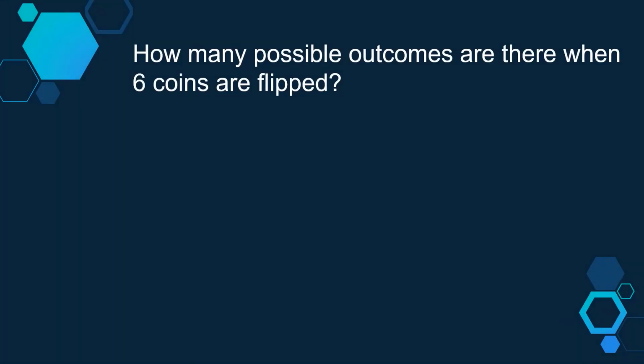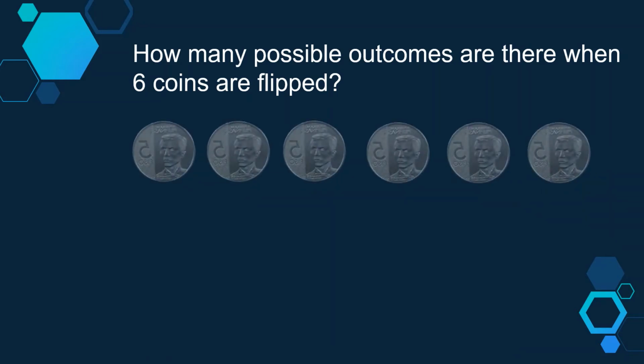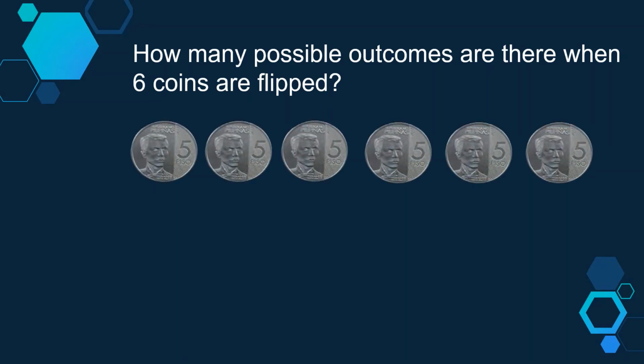Let us have our example. How many possible outcomes are there when 6 coins are flipped? So meron kang 6 na coins. Ang bawat isang coin ay meron siyang 2 outcomes. So ito yung head and tail. So to find all the possible outcomes when 6 coins are flipped, so imumultiply lang natin yung 2 ng 6